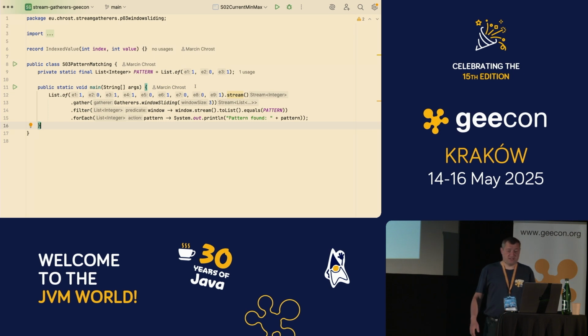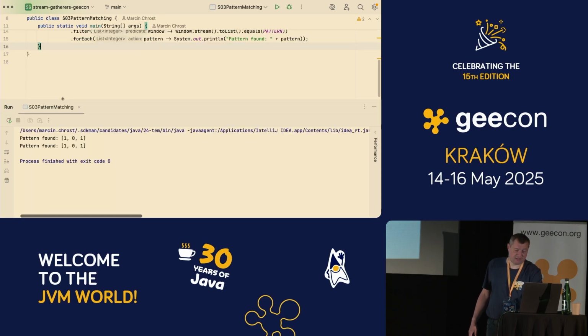You are just creating a gatherer of this window equal to this pattern length of 3. Also, somehow it should be replaced with the pattern length, but it's fine. Then we are sliding step by step and comparing whether this current window equals the pattern. And if it equals, we are just printing this pattern found example. If you run this code, we can see that this pattern is found 2 times, but you can ask